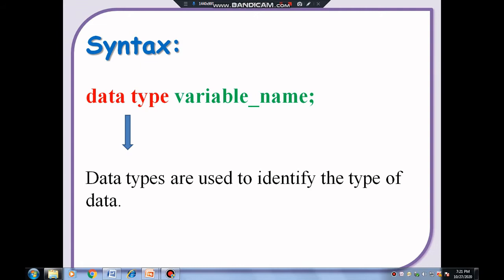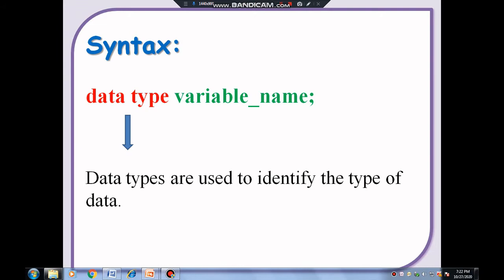Okay, as we know, a variable is storing the data or it stores the values, correct. Now that data or value can be of different types. The data can be a number, a character, an alphabet, a word, or the whole statement, correct.